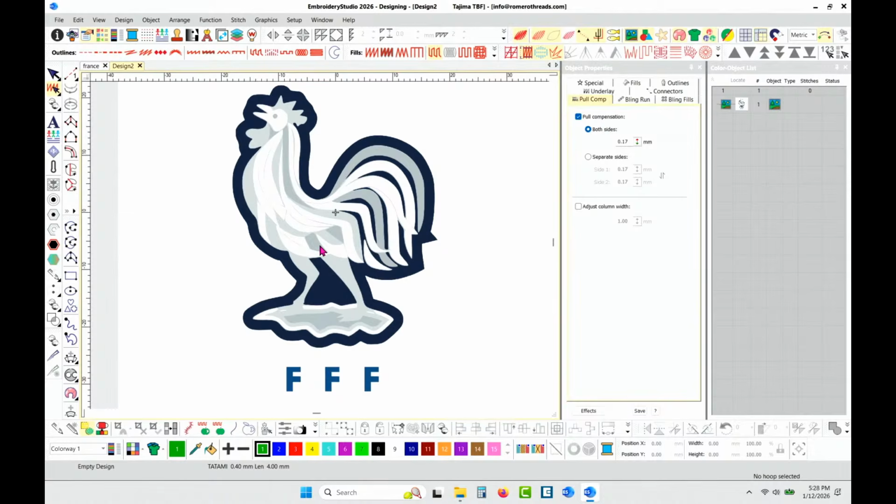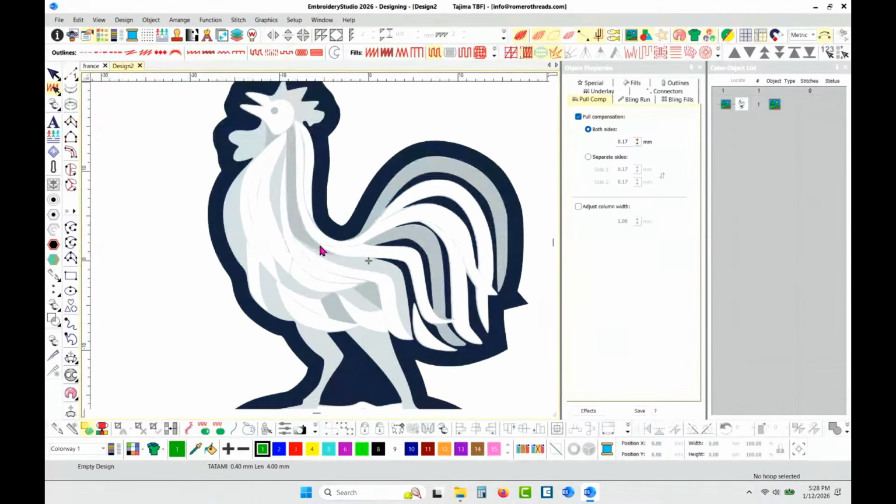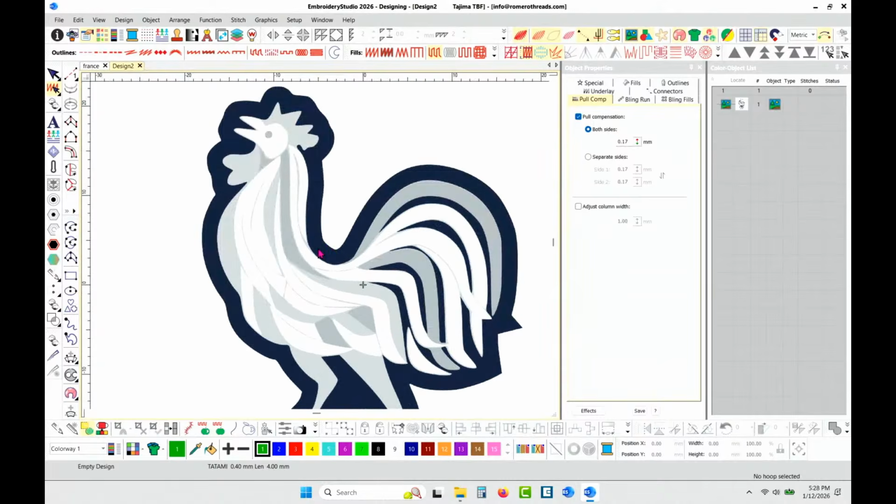There's no one way to do this design. Really, what I did when I digitized this file, I went online and I looked at samples of how other people did it. How did they break it down? So to me, that would be the hardest part of digitizing, is how to